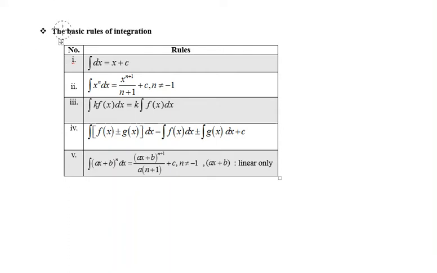In this lesson, we are going to learn some basic rules of integration. The first one, integrate of 1 with respect to x is equal to x plus c. We also can refer to the rules of when we integrate a constant, let's say constant a, with respect to x is equal to ax plus c. So constants,